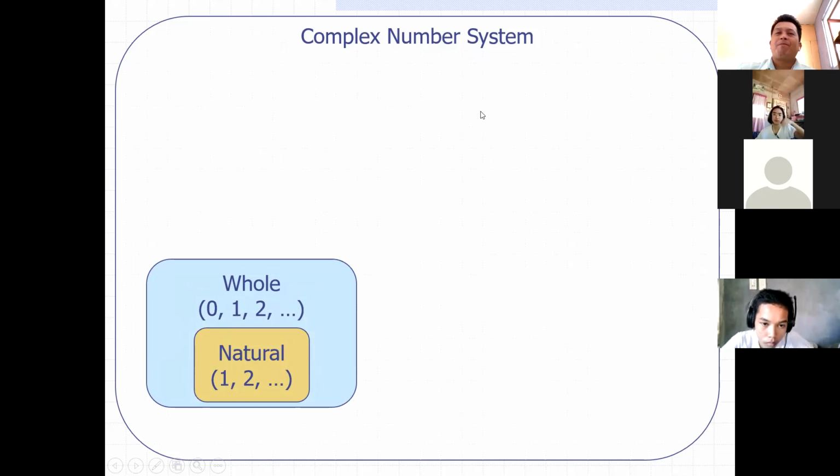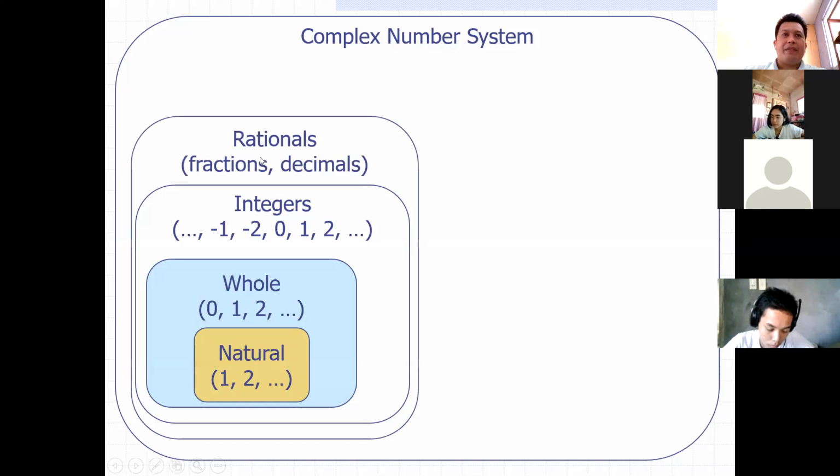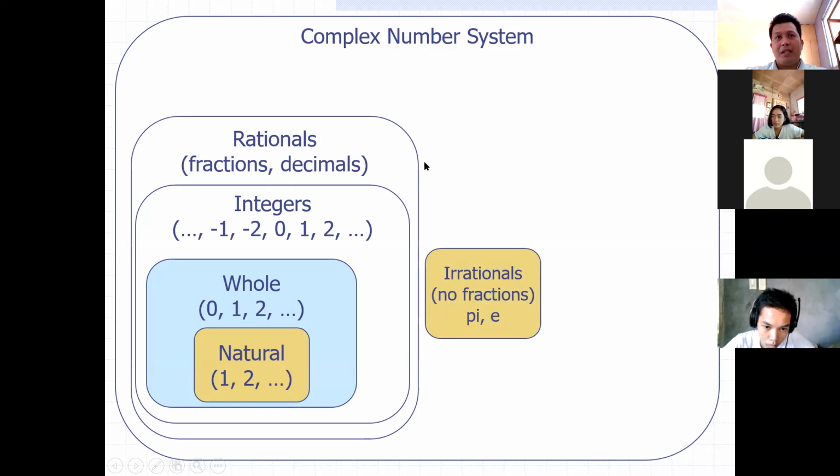This is the number theory class. Starting off with natural numbers. Natural numbers are also called counting numbers. It starts from 1 until infinity. If you include a 0 in the natural numbers, they are called whole numbers. If you include the negative values lesser than 0, they are called integers. And then if you involve fractions and decimals, they are called rational numbers. If you include pi and the square root of 3, which are not perfect square numbers, they are called irrational numbers. And all of them are called real numbers.